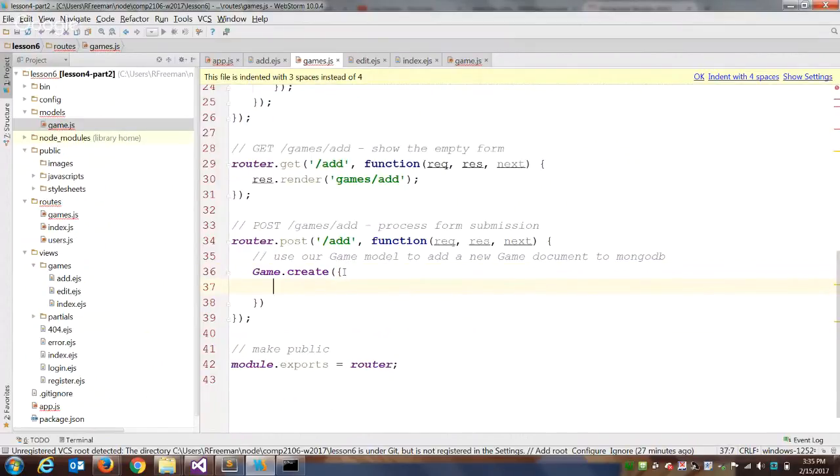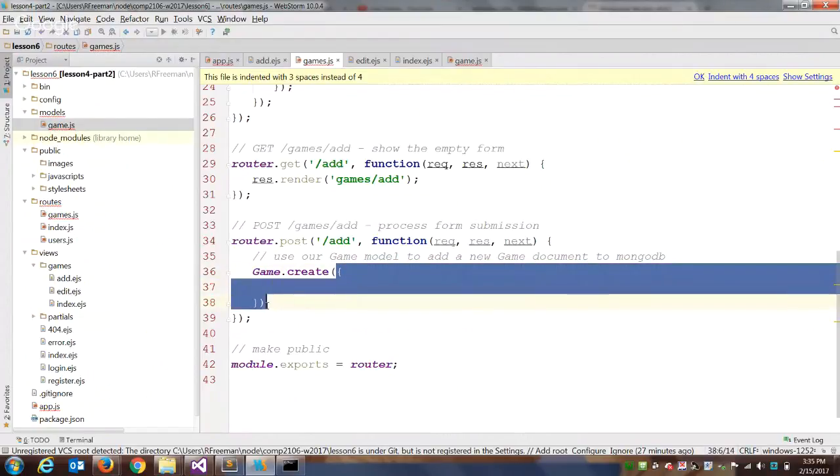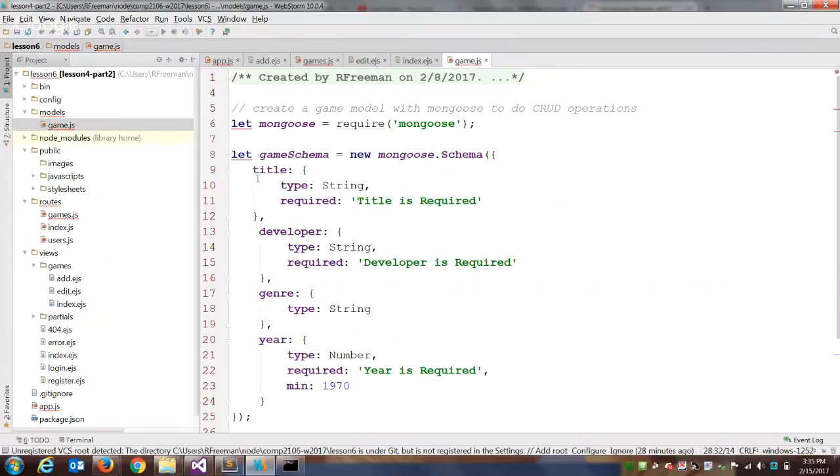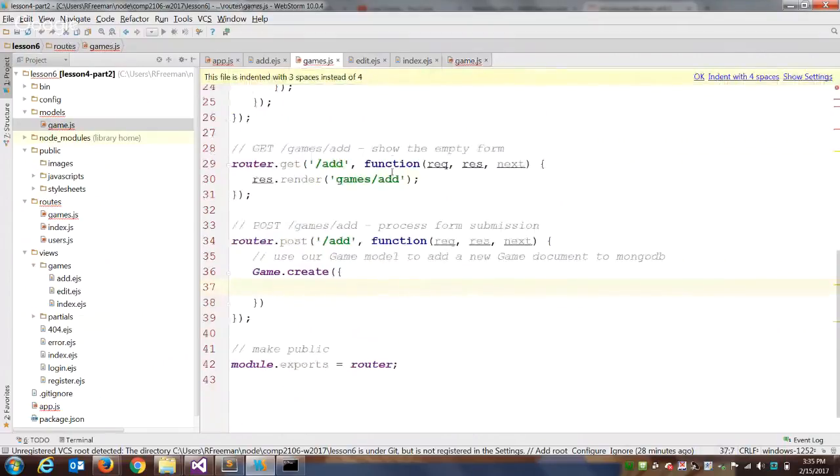And create takes as a parameter a JSON object where we can pass in the values we want for this particular game. So this is pretty simple, and the syntax is really nice and clean. Looks like this. So here's our model, right? Our values are title, developer, genre, and year. So our title,